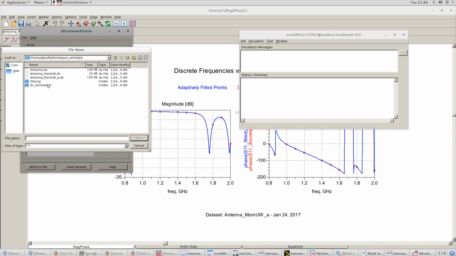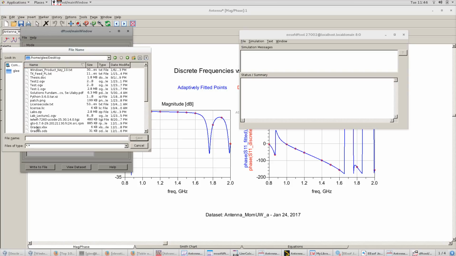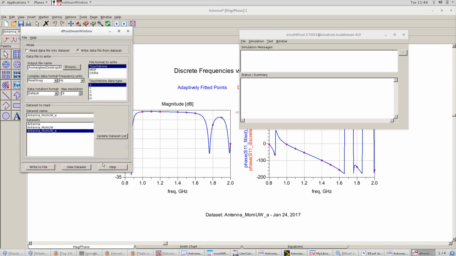And I'm just going to browse to, right now it's in the Workspace. I'm going to put it to my desktop so that I can see it later. And what I'm going to call this is EM Sim. Save. Alright, and then as soon as I hit write to file,